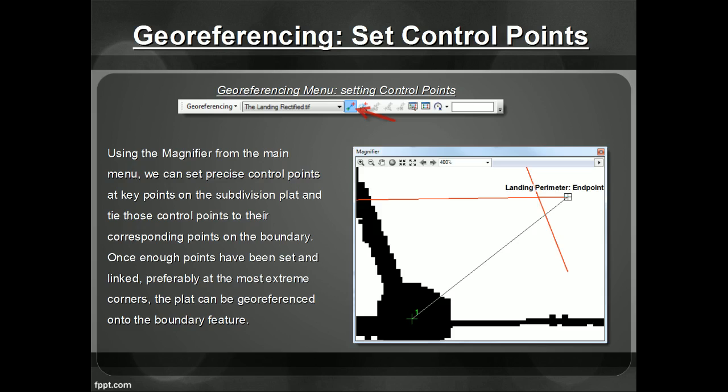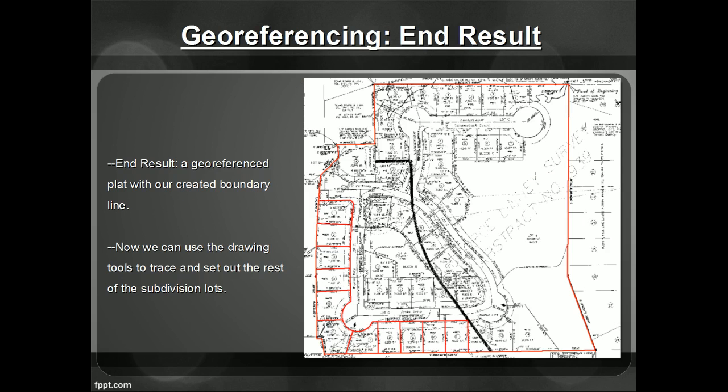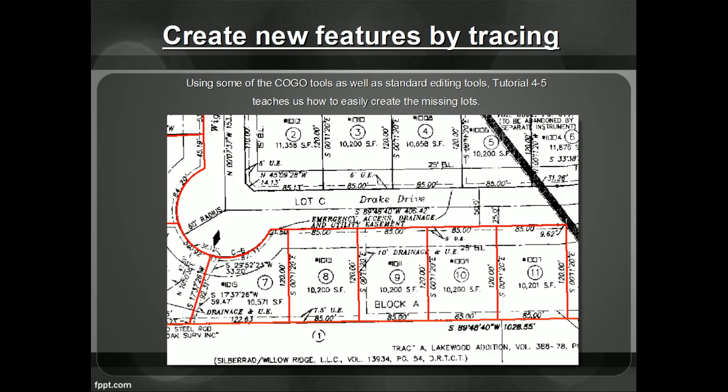Now, once you've set about 4 or 5 control points, preferably on the most extreme corners or outer edges, it will then georeference it and pretty much match it, stretch it, and translate it to where it needs to be. And after we have it translated and pretty much matching, we can use all the tools we've used before,